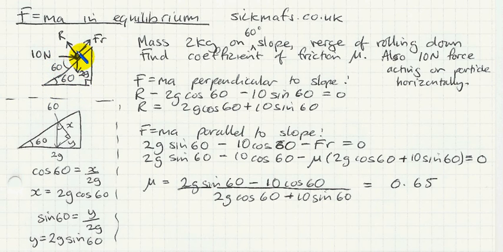So this horizontal line is perpendicular to this horizontal line, which means this angle is alternate to that angle using parallel lines, yeah? So that's automatically 60 degrees. And then what happens? Oh yeah, I have to work out how much of this force is going perpendicular